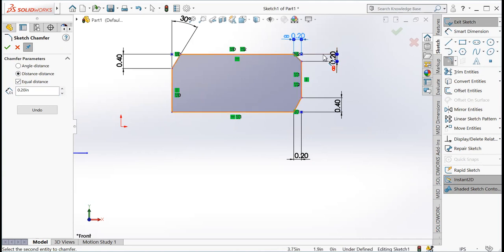So I hope you have understood the commands of chamfer and fillet. I hope you can practice this command in the software. If you find any difficulty using this software, or you need help with practice in this software, kindly please contact me.